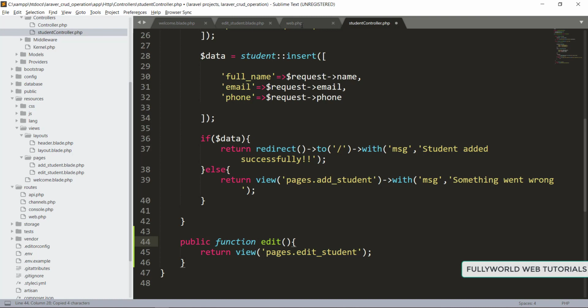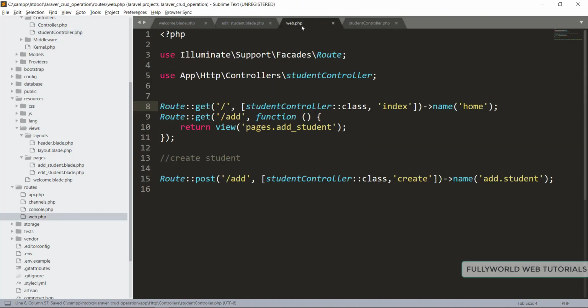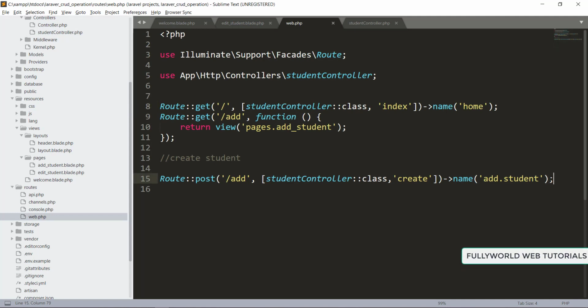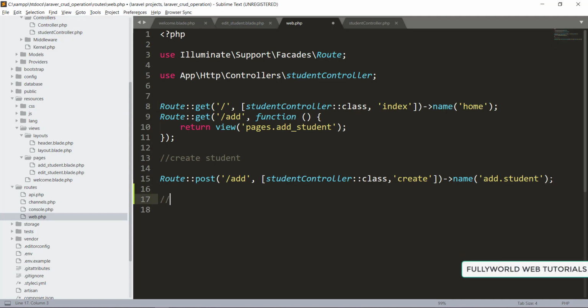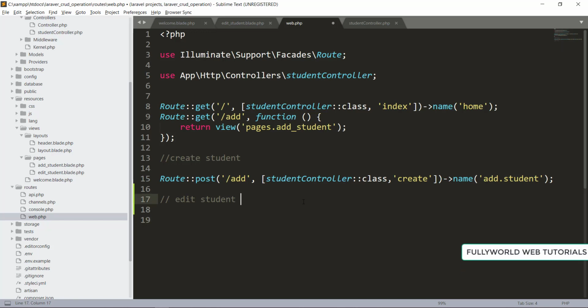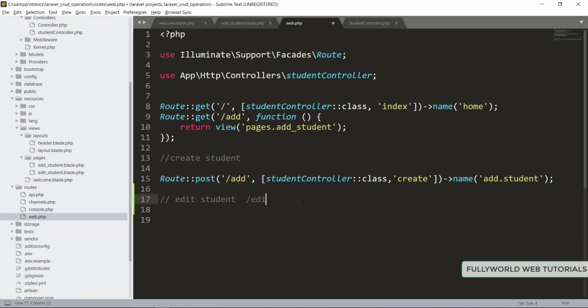Let's go to our web.php to set our routes. How will our route be here? Our route will be slash edit, and then there will be our parameter. So how can we make this parameter?